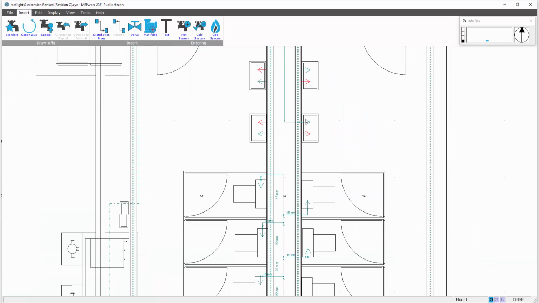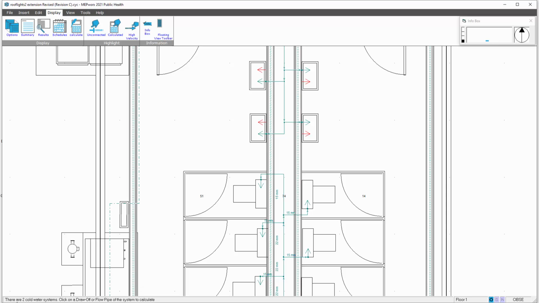We then connect the sinks in individually. I go into the distribution pipes, click once on the base of the sink, double click on the pipe, click once on the base of the arrow at the sink, double click on the pipe. Then turn that bend into a T by apprehending it and double clicking on it. Now this time when I come to calculate,